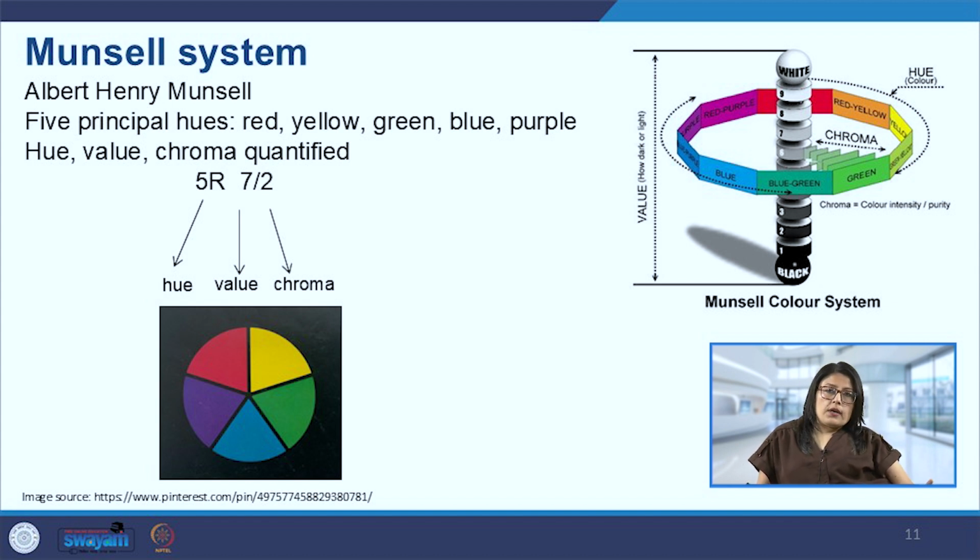So we know that the color red is 5R, and for value on the vertical pole, we will look at the number 5, and then chroma will be the second one away from the hue. So that is how we can map all the colors. It gave us a way to categorize these colors for better understanding.